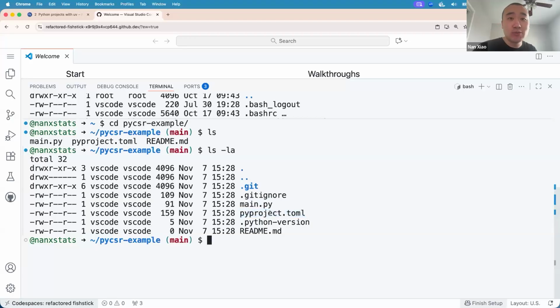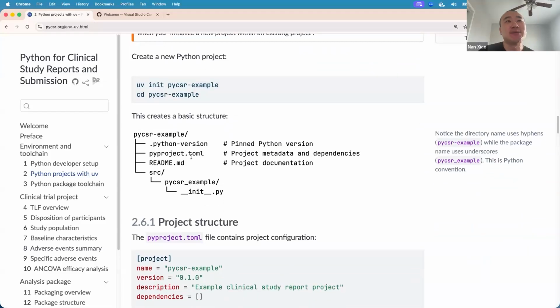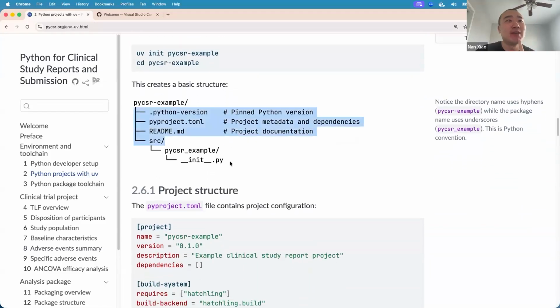There's a pyproject.toml, which is the package metadata that drives every single Python package or analysis project we'll be learning today. And then there's a very interesting file called Python version, which records the exact Python version or the specification you'll be using in this project. And there's a readme.md, right? Simple enough. I'm not unfamiliar with how all the other languages organize their projects. But here we'll just see this very basic structure being set up, as you can see in the demo, right?